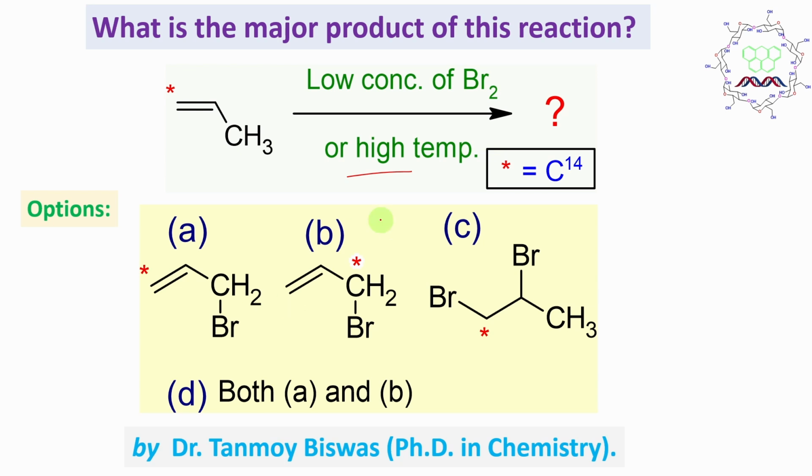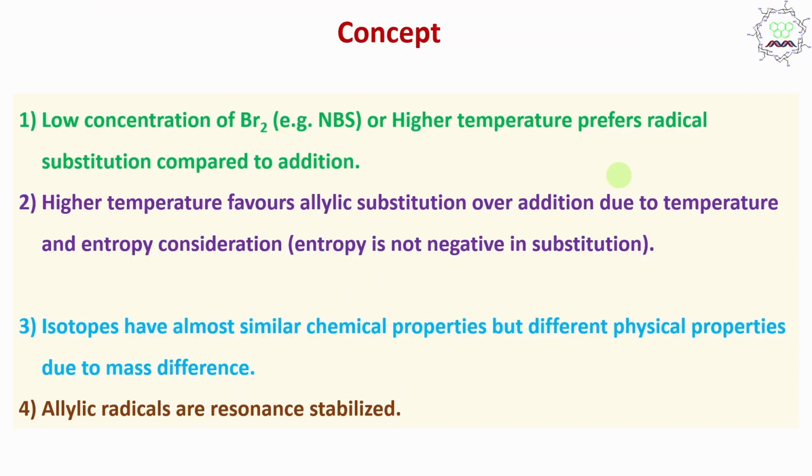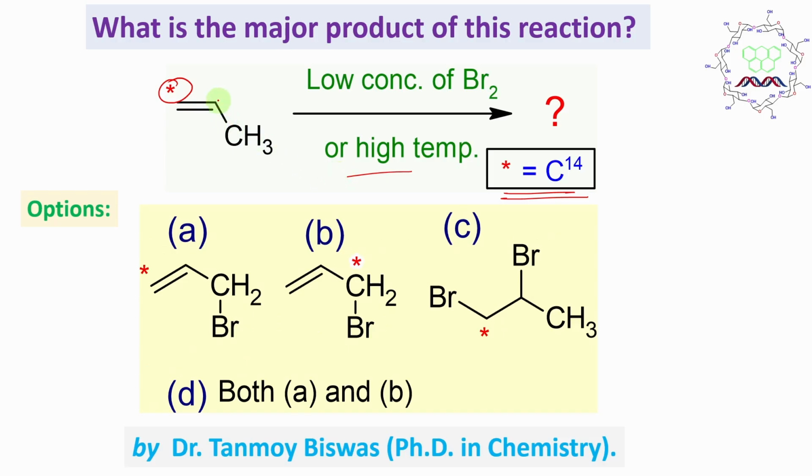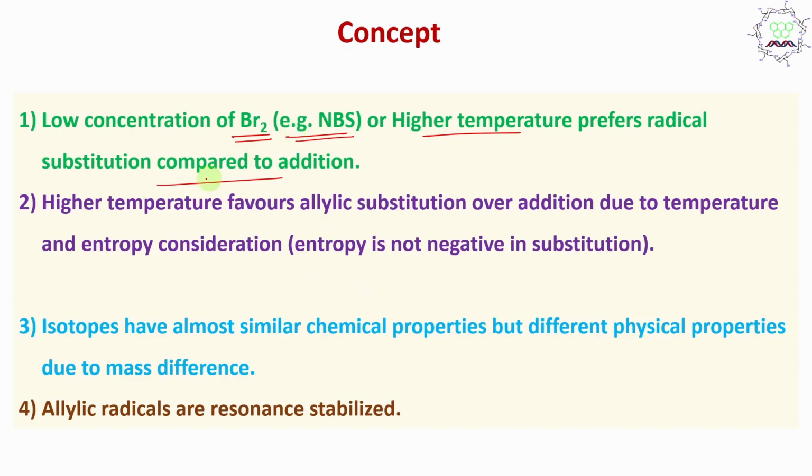Now, what is the major product? By the way, this starred carbon is actually carbon-14, radiocarbon. Before going to the details, let's learn the concept associated with this process. Low concentration of bromine, for example N-bromo reagent, or reaction at higher temperature prefers radical substitution compared to addition to the alkene. In this case, the higher temperature prefers allylic substitution over addition due to temperature and